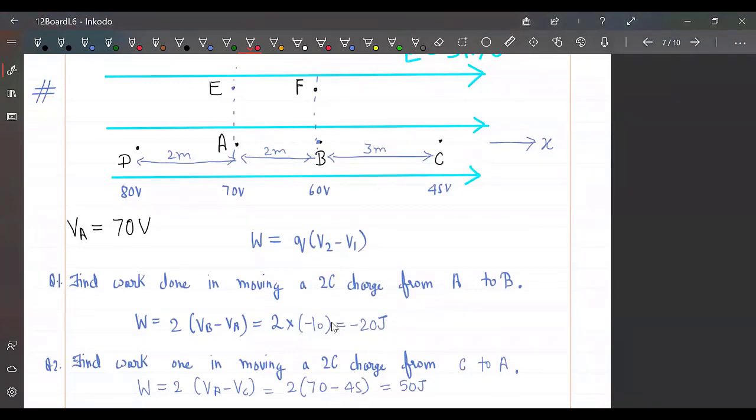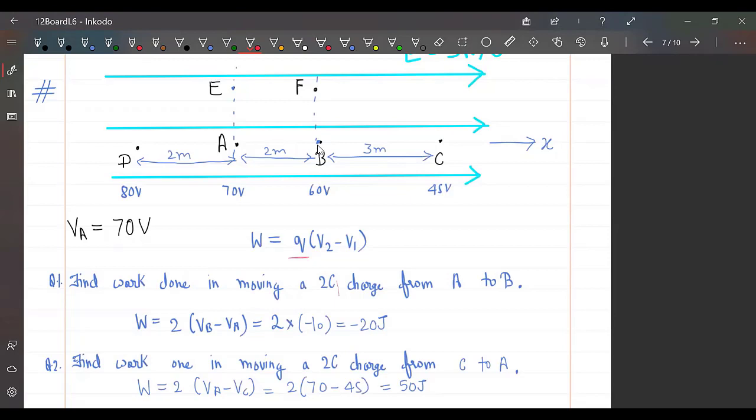Now, once you can calculate the change in potential, you can also calculate the work done. What is work done? Work done is change in potential energy. When you multiply a charge Q with the change in potential, you get the amount of work done in moving that charge. So suppose potential at point A is 70 volt. You want to find how much work done will be there in moving a charge of 2 coulomb from point A to B. If you want to move a charge 2 coulomb from A to B, then you have to